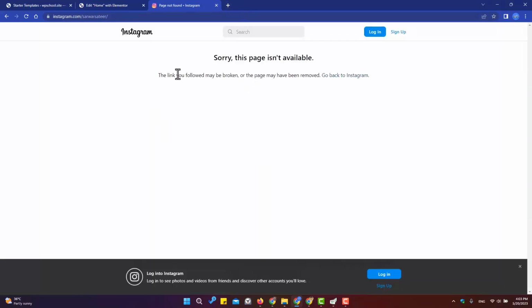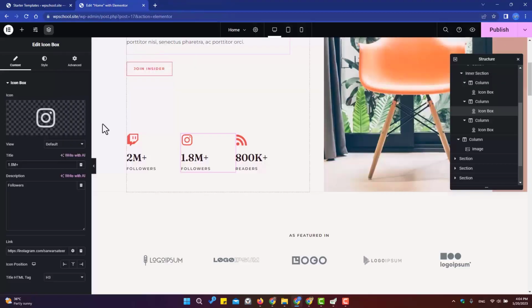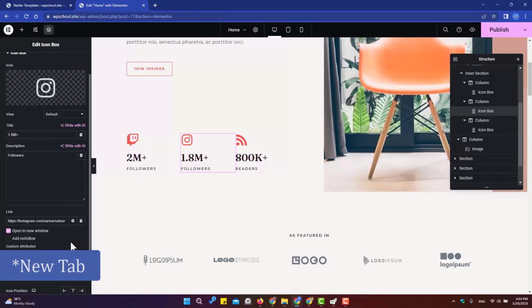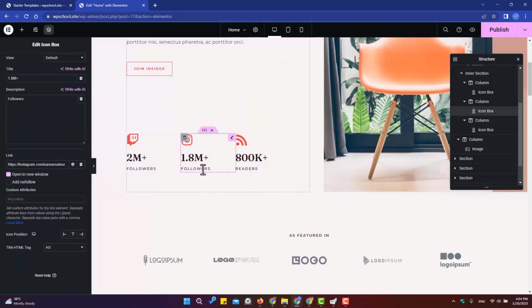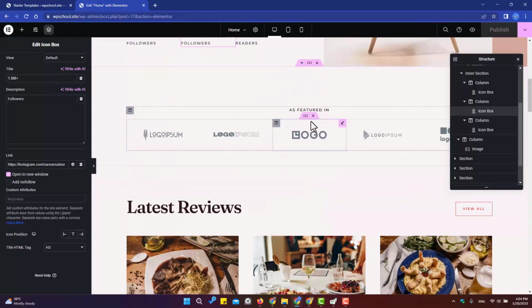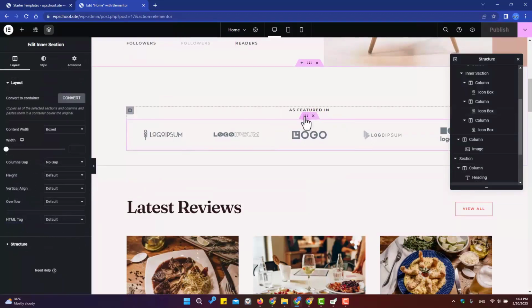It doesn't open because I haven't logged in to any accounts in this Chrome browser. If I want to open this in a new browser tab, I can click here and save. Then anyone who clicks on this link will be taken to a new tab instead of opening in the same tab. Okay, publish. And now if you want to choose this section, you can click here and you can delete all